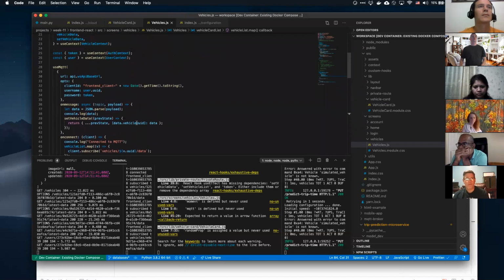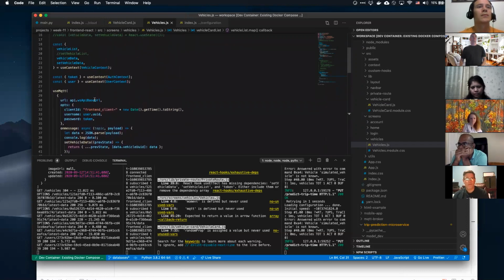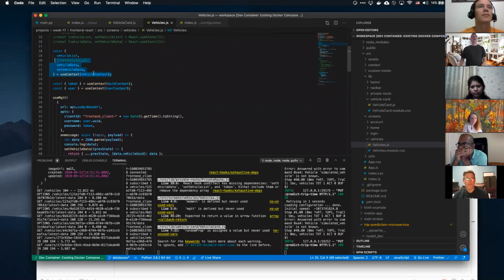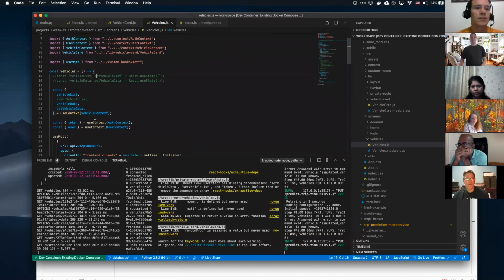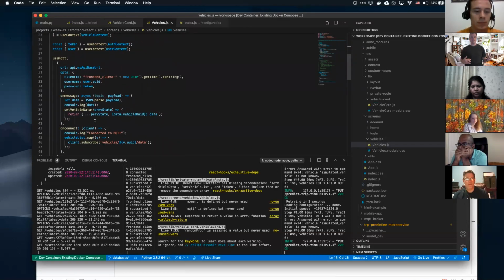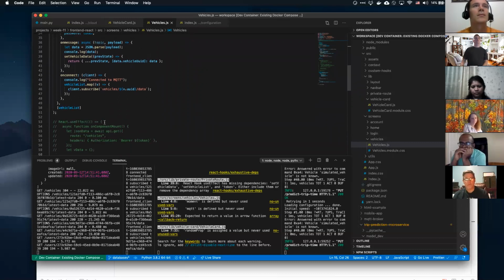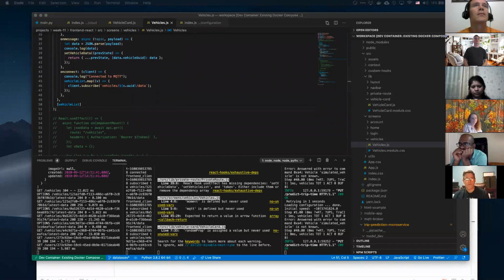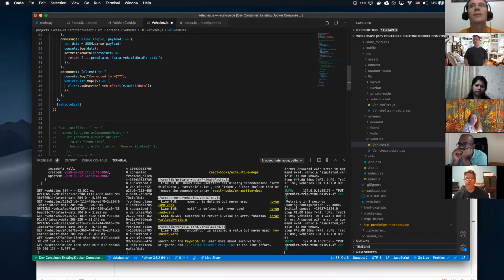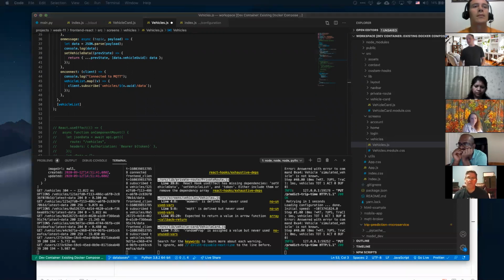The reason I'm going to do that is because I can control what's going to happen a little bit better in terms of MQTT updates and TAS entry and TAS exit. I can control that a little better, not from the actual vehicle card. So I do need to do a useEffect though. So I've got to do React.useEffect, because what we want to do is when this card loads, we're going to do a lot of hand waving here.